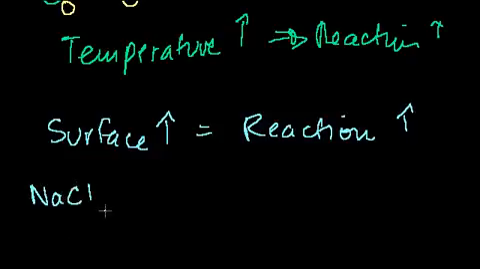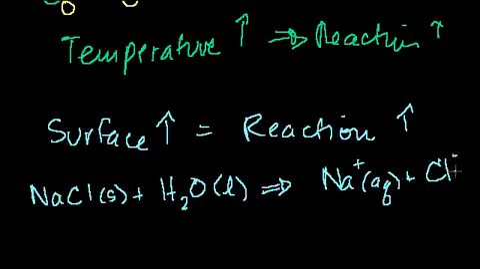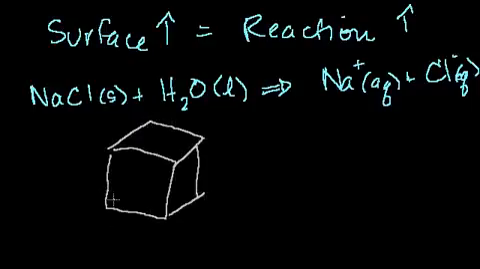Sodium chloride, solid salt, plus liquid water leads to, well, we could think of it a lot of different ways, but we could think of it as sodium cations aqueous plus chloride anions aqueous. So it gets dissolved. And how does that happen? If you have a big block of salt, I'll do salt in gray. If you have a big block of salt in there, so there's a bunch of sodium and chloride atoms in it, and you have water all around it,